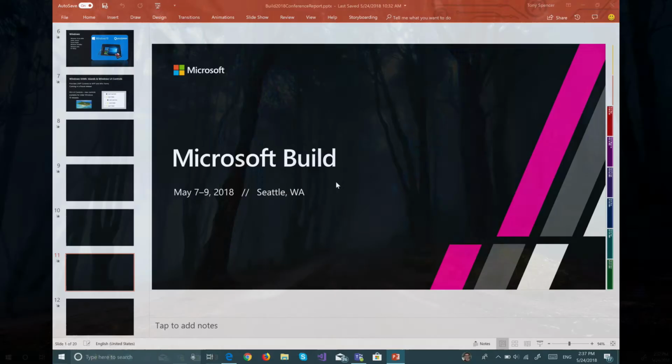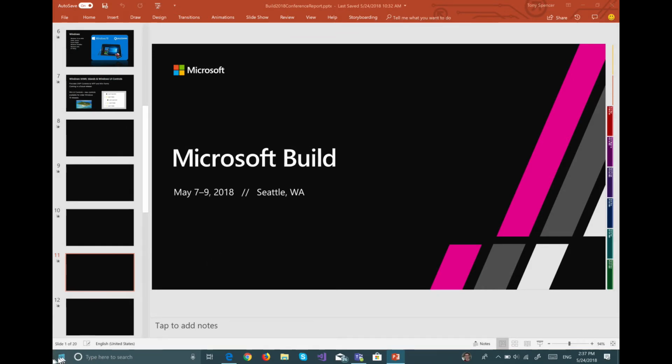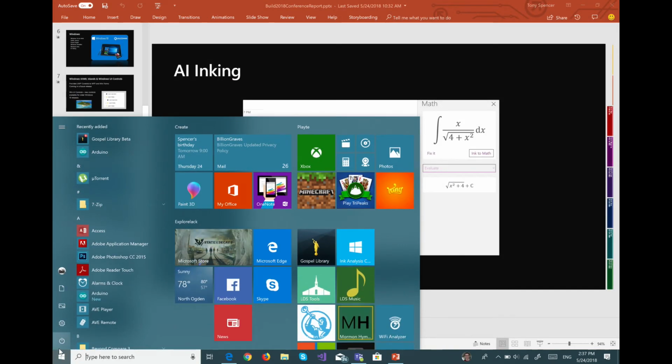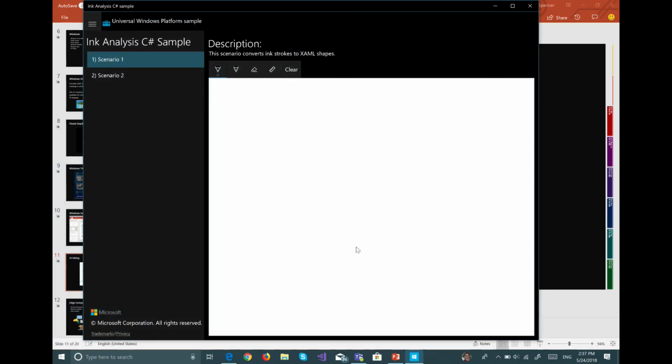But even more than that, I was going to pull up a quick demo here. Let's see if I can do this. Hey, it's working pretty well today. This ink analysis thing. The other thing you can do is you can use AI and we can train models. And so this particular app is a sample app that has been trained to recognize shapes. And that's not a great shape.